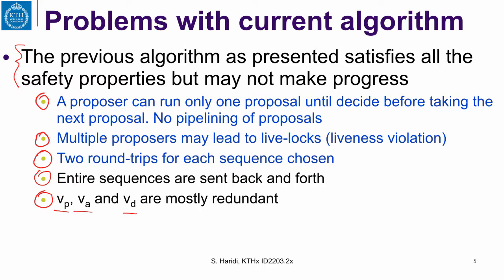By just introducing a leader without making so many changes in the algorithm, we will be able to pipeline proposals, and we will be able to avoid live locks and contention, and we will be able to execute most of the proposals in one round trip. Then we still need some modifications to address these 2 issues. So let us now think about the state of the different processes in our algorithm when we have a leader-based election.